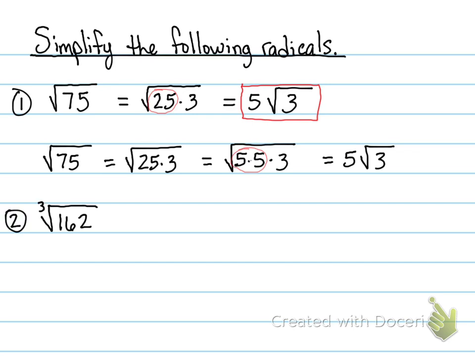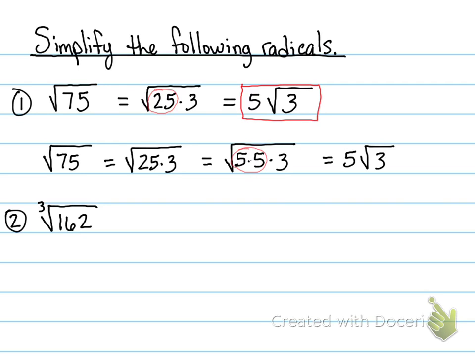All right, so let's look at this one. So this one's going to be a cube root, right? And so with any other radical other than a square root, you're going to actually see a number for the index. And so here it's a 3. So 2 ways we can do this. We can either try to find the